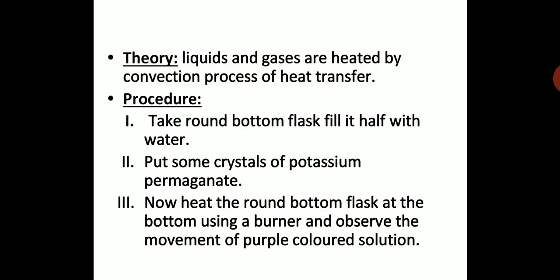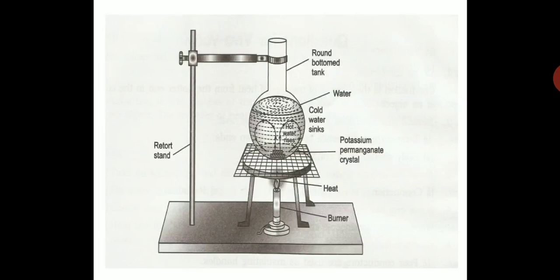So the next step, this diagram should go on the blank side of your journal. You can draw this diagram neatly on the blank side of the journal with labeling, children. Here you have a round bottom flask. You have a retort stand, which is going to hold the round bottom flask, and you need a burner with a tripod stand, and you have to keep a wire gauze. What is wire gauze? It is a